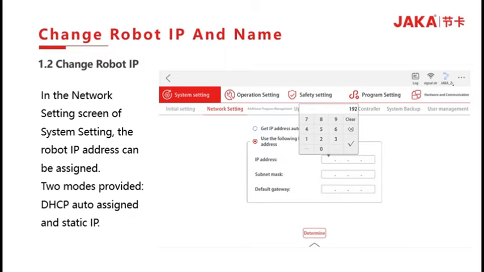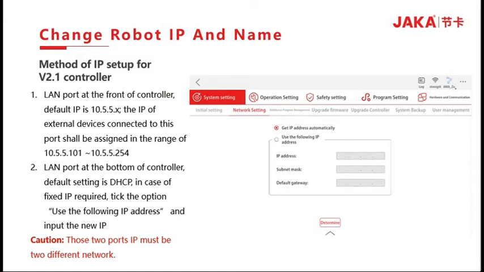Two modes are provided: auto-assigned IP and static IP. Regarding the version 2.1 controller, the IP of the LAN port at the front of the controller default IP is 10.5.5.something. External devices connected to this port shall be assigned in the range of 10.5.5.101 to